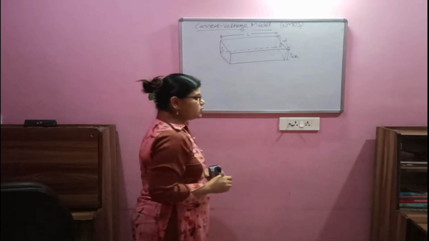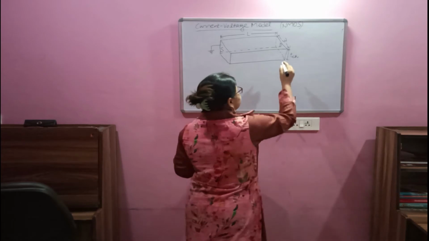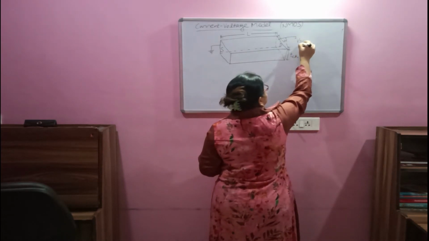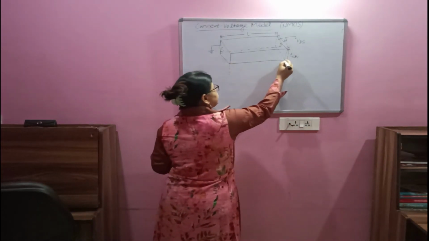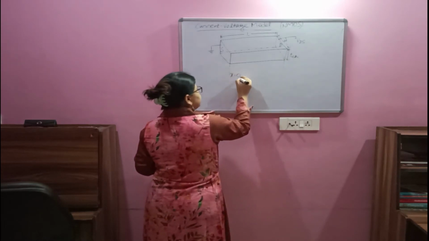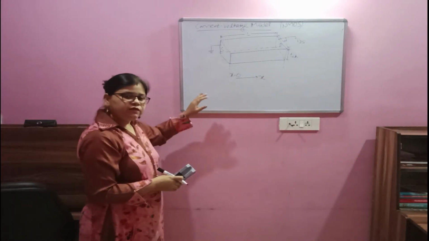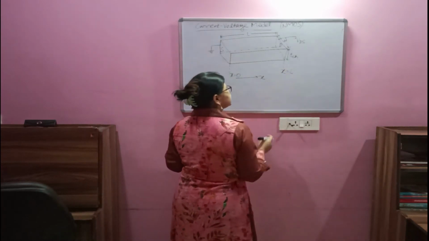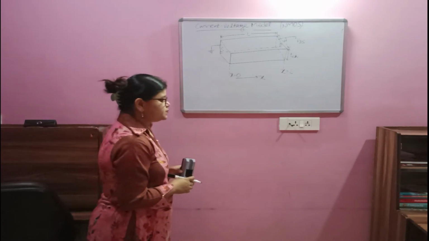Source is at ground potential. Here we have some potential, say VDS. And here I will place one boundary limit in the X direction. From the starting point of the channel, towards the source side, I take X equals 0. At the ending point of the channel, at the drain side, I take X equals L.